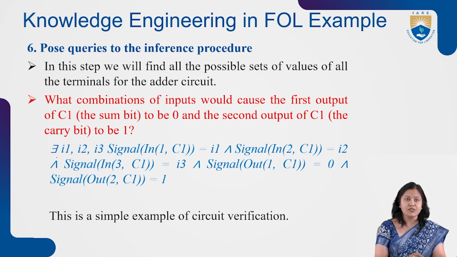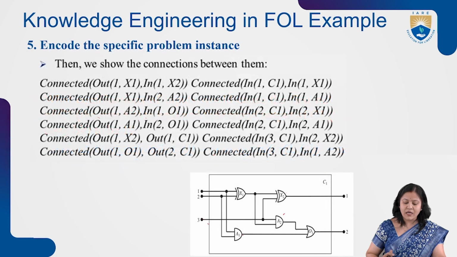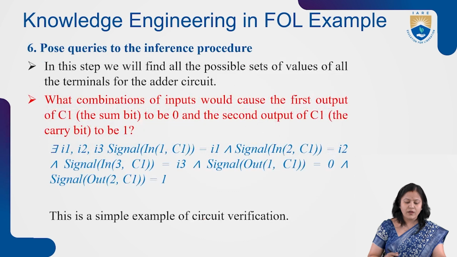So, there exists I1, I2, I3. I1, I2, I3 are nothing but the signals. So the first input signal of C1 is I1. Here in this diagram, we are considering this 1, 2, 3 as I1, I2 and I3. So here we can write there exists I1, I2, I3: first input signal of C1, let it be I1, and this is the AND operator, second input signal of C1 as I2, and third input signal as I3,